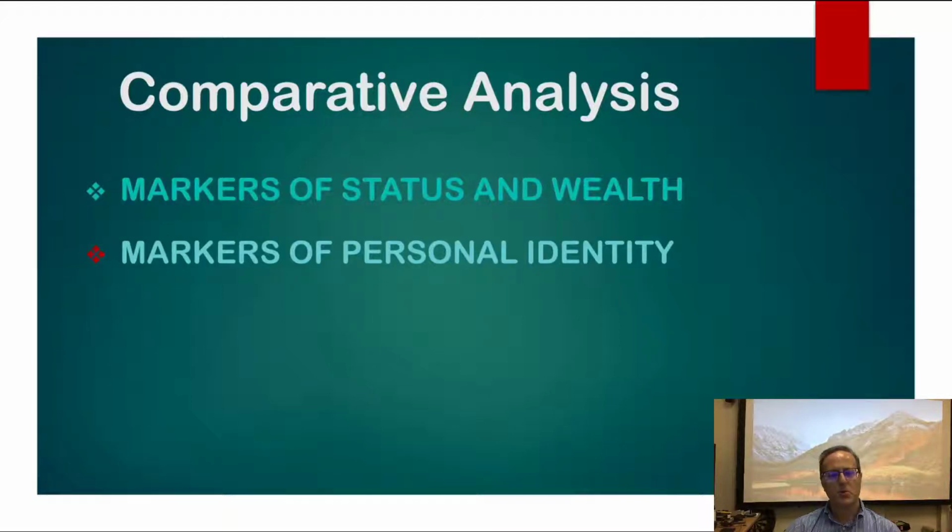Now, in terms of personal identity, we have some similarities and some differences here. So both men were given some identification in terms of a written name. So in Hua's tomb, we have the scarab that lists his name as well as his boss's name. And in Xi's tomb, there was actually a calendar or a chronicle that was buried under his head like a pillow, which listed when he was born and all of the major events of his career, and of course, his name.